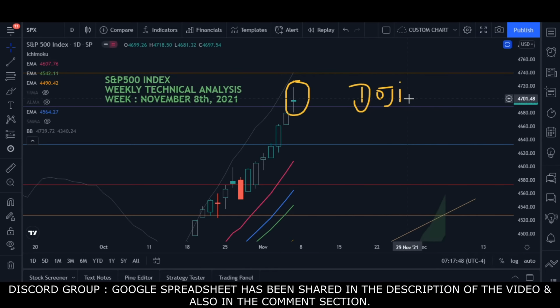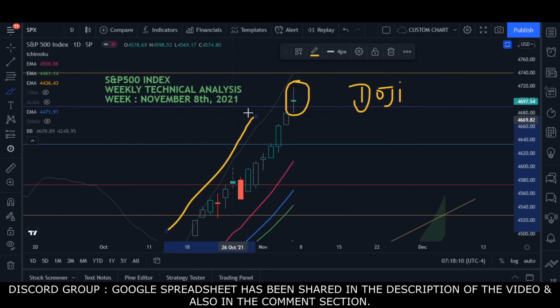The interpretation of a doji candle is that the market is indecisive. Whenever this candle is formed, it means the market is indecisive, so bulls and bears, nobody is sure what to do at this moment, whether to move up or come down. The reason is that for the last many days the market has been moving sharply up. So now there is a fear in the market that because the market has moved a lot and there is very heavy divergence on the weekly and daily chart, the market may come down at any moment.